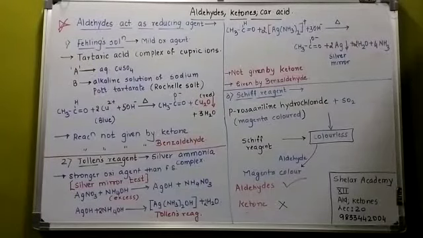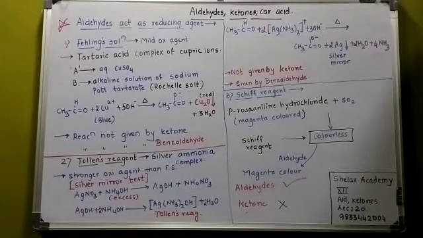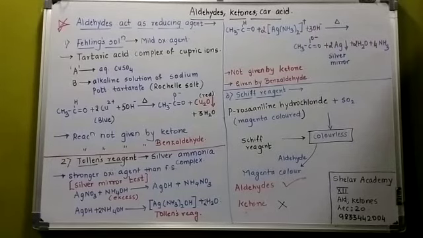Lecture number 20. We proceed with one more reaction of aldehydes and ketones, a very important reaction. A direct question may be expected for 3 marks in the exam. Explain the reducing properties of aldehydes. They can ask directly, write Fehling's, Tollens and Schiff's reagent. Or they can ask you the reactions which are only given by aldehydes, which are not given by ketones.